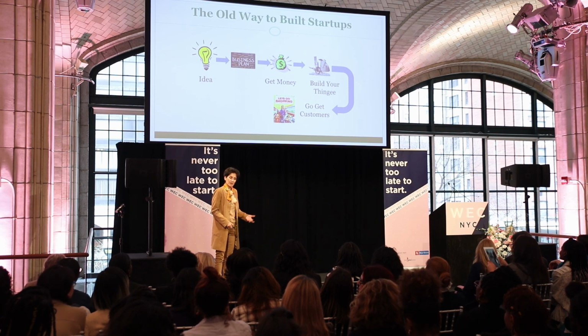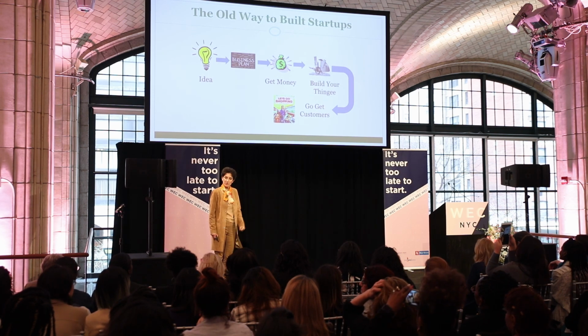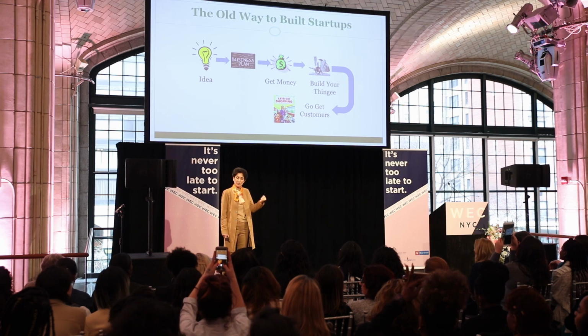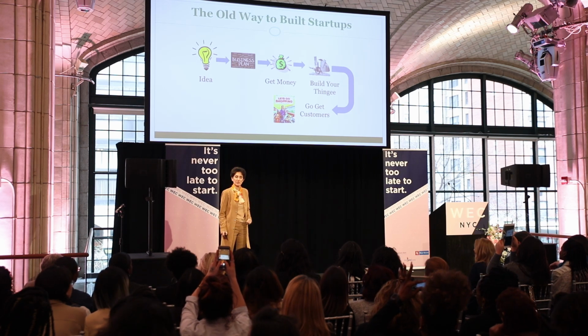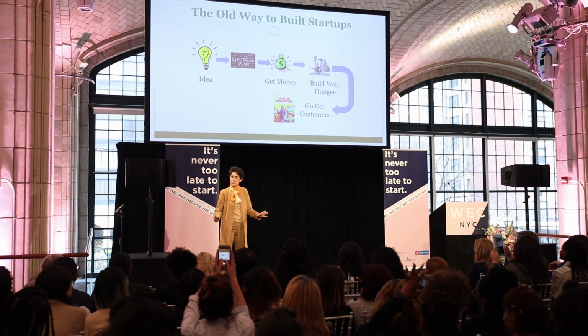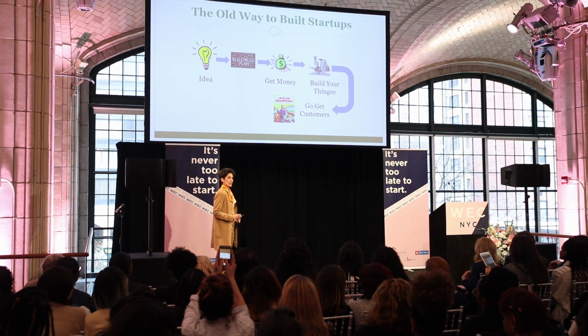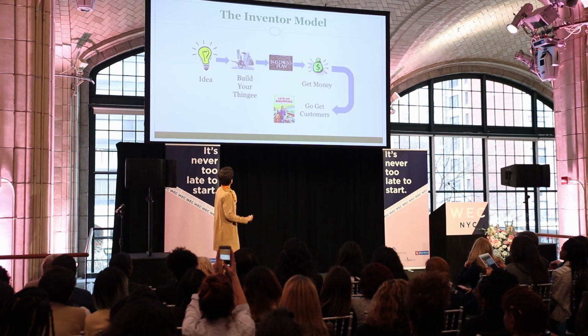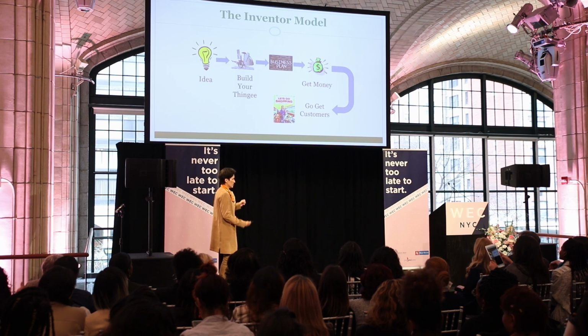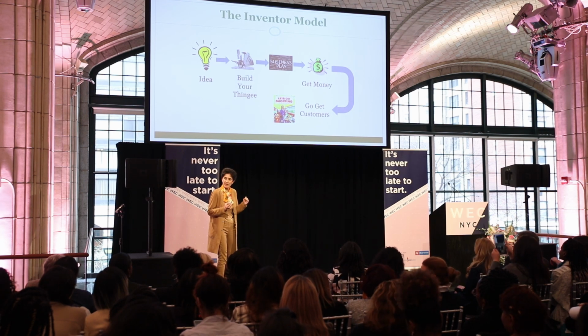Before working at George Mason, I used to be in Switzerland, where I worked with the Swiss Federal Institute of Technology, which is the MIT of Switzerland, and it's all scientists and engineers. So they had a different way of doing things. This is the inventor model, right? They all were working in labs.